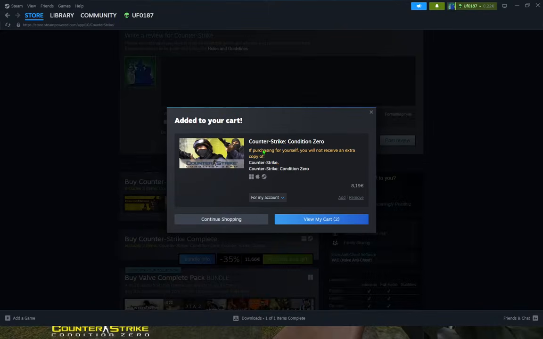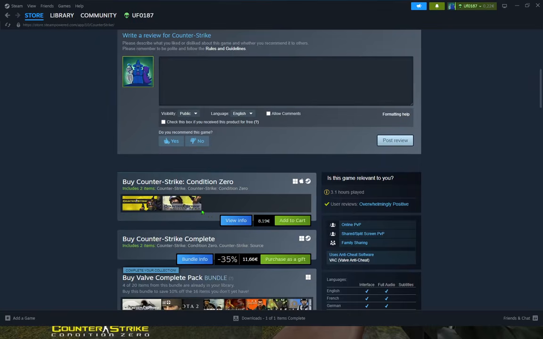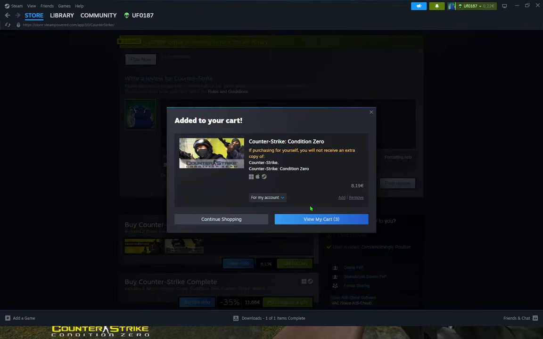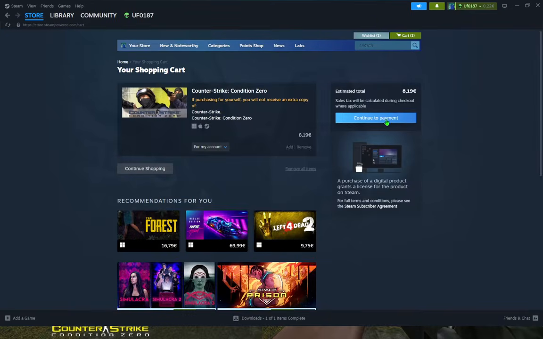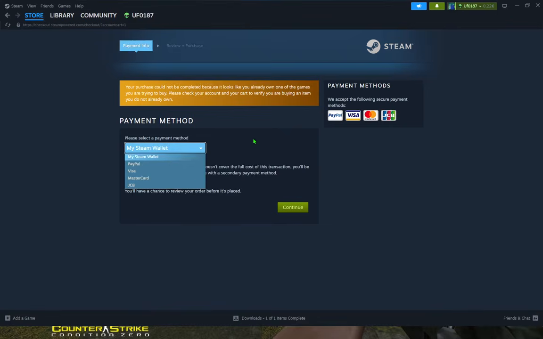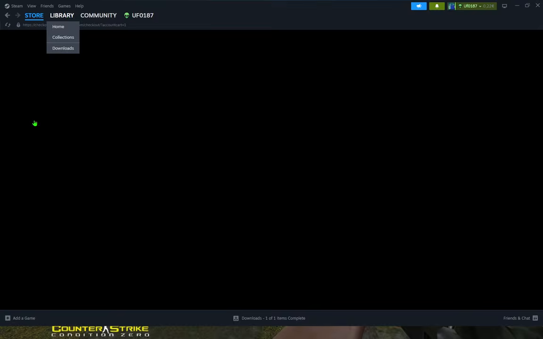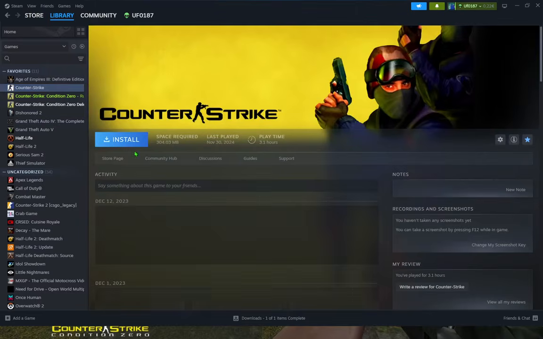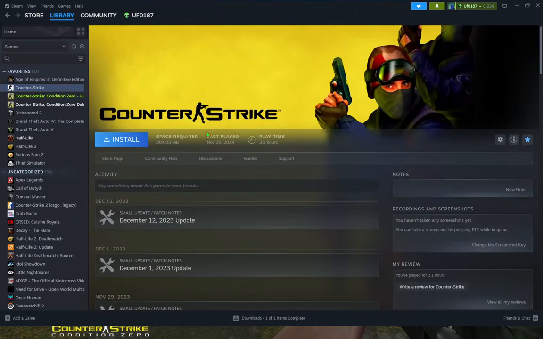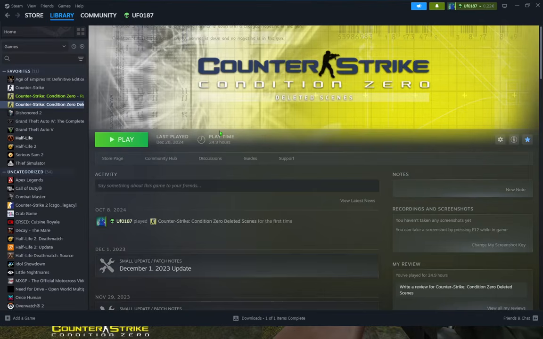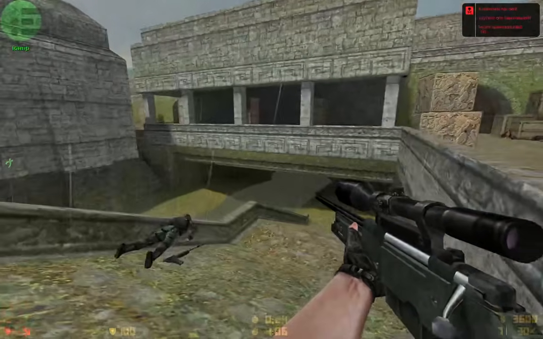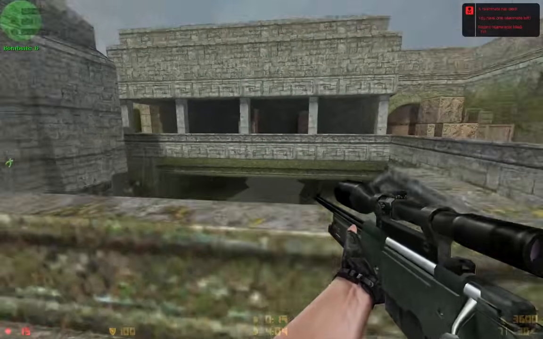As you can see, you can get Condition Zero and Counter-Strike 1.6. Go view my cart. Go here, continue to payment, choose Steam wallet or PayPal like me and go here, continue. After that go here in library and you will get 2 games like me, Counter-Strike 1.6 and Counter-Strike Condition Zero, also with deleted scenes. And that's it all guys for this video, how to download Counter-Strike 1.6 and how to get 2 games for the same